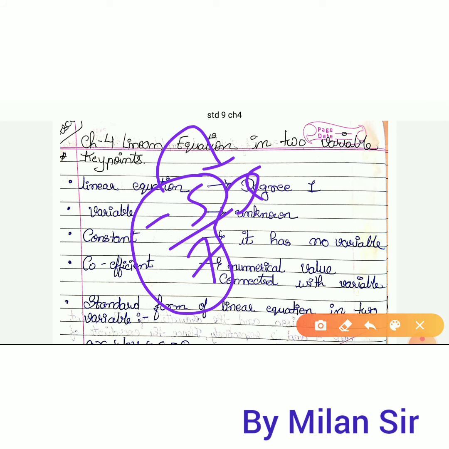Second thing, we also need to write our coefficient with the sign. That means here we have minus 5 by 7, so this negative sign we also need to write. If the plus sign is there then it's okay, but if the minus sign is there then we need to write it with the sign. So here the coefficient of x is minus 5 by 7.